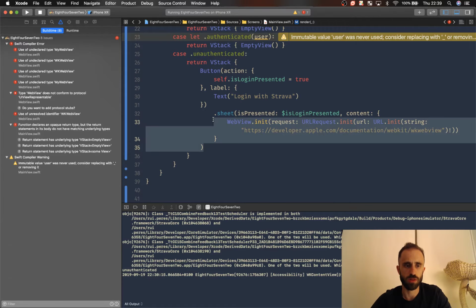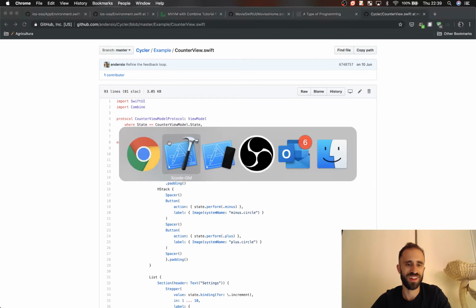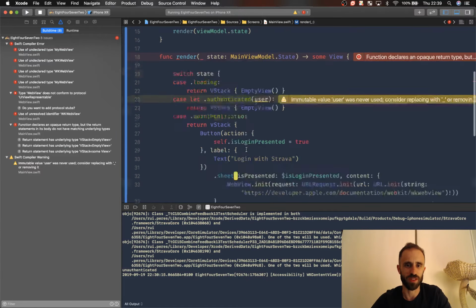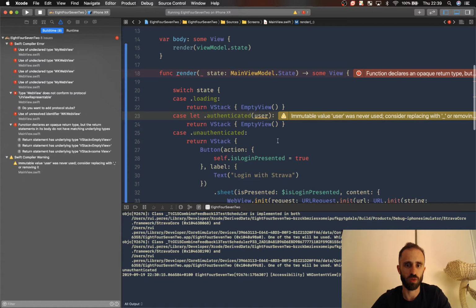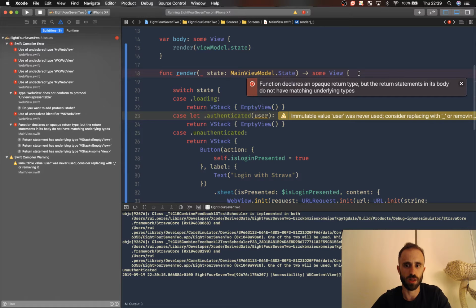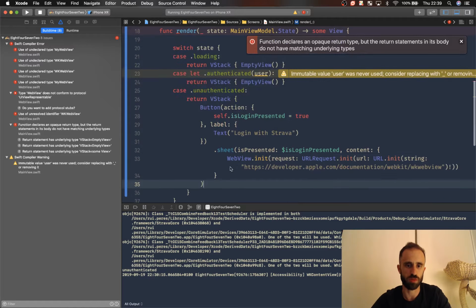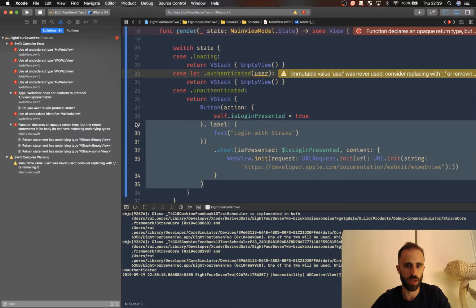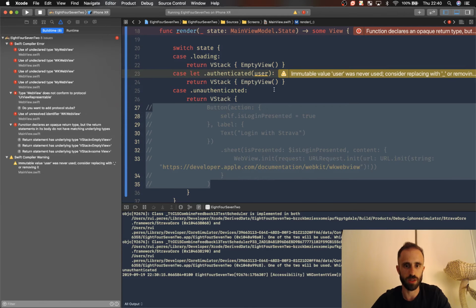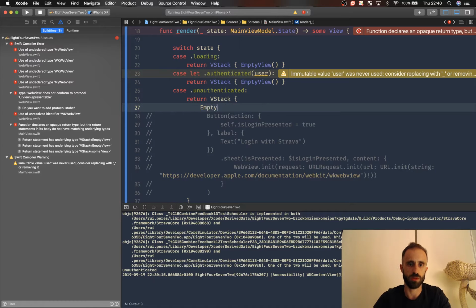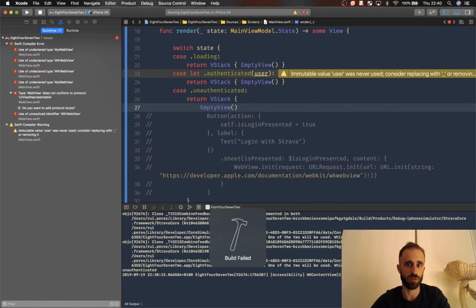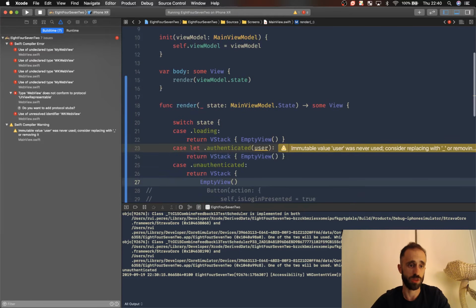So usually the way I go about this is, okay, I don't know which one is the offending case, right? You look at this and you know why this is happening, you just don't know which one is the problem. So the usual way is I'm going to comment this out, put an empty view, and pray, and see if this works. So if this works, which it does,